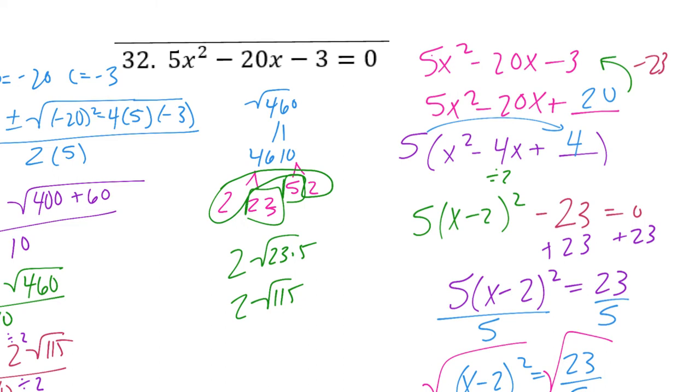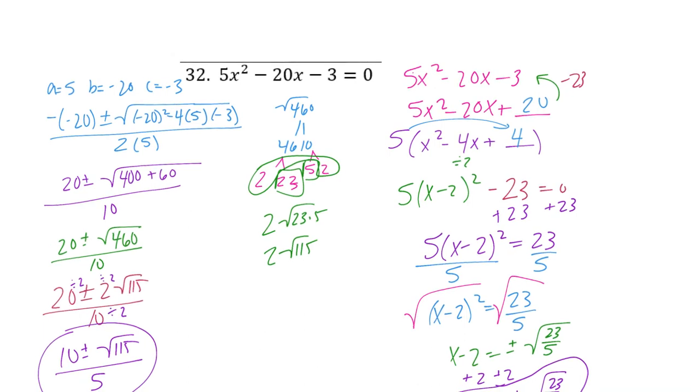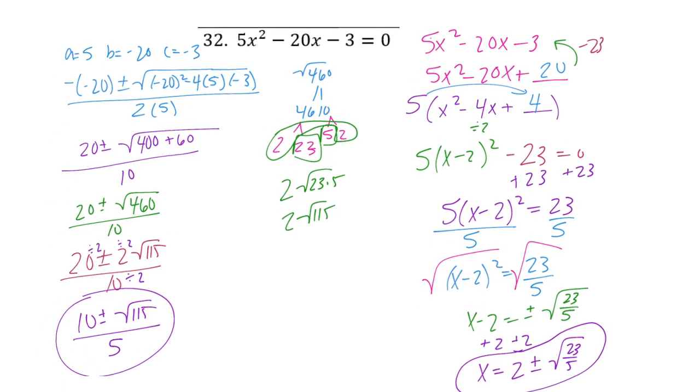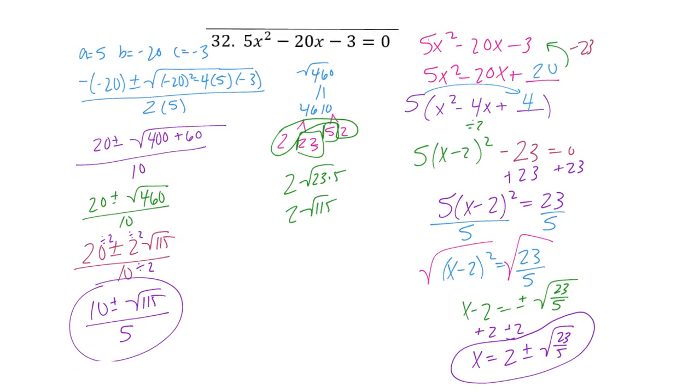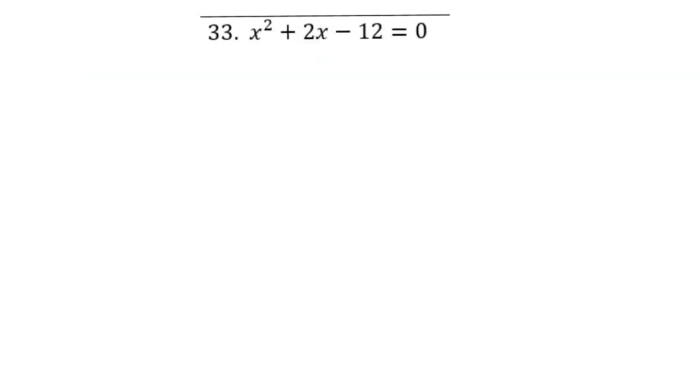What I'm going to tell you is they're not going to look the same if you do completing the square if it has a leading coefficient. So a leading coefficient, remember, is that number in front. So if there's a number in front of x squared, it's not going to look the exact same, but they will be equivalent values. If you're looking at 33, looking for factors of 12